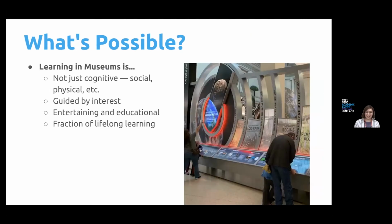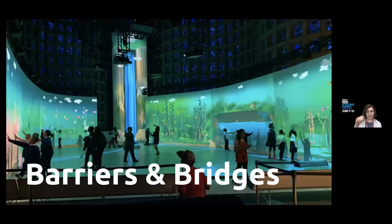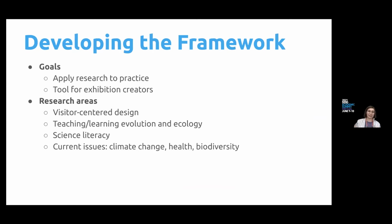What this learning looks like can vary wildly. It's not just about learning facts, but also about having hands-on experiences with science, talking about these ideas with friends and family, and even learning new ideas that contribute to the lifelong process of incorporating these ideas into our understanding of the world. So what I wanted to do with this project was really understand how I, as an exhibit